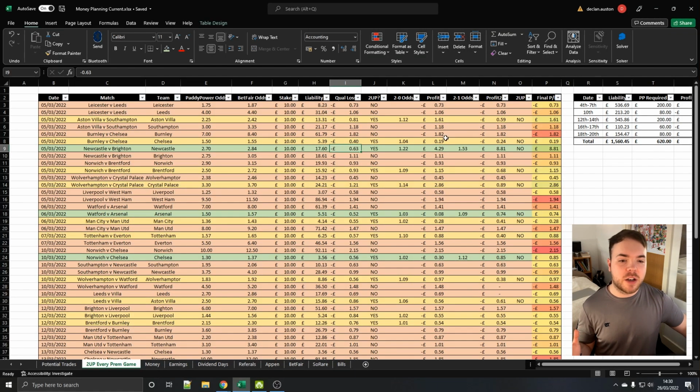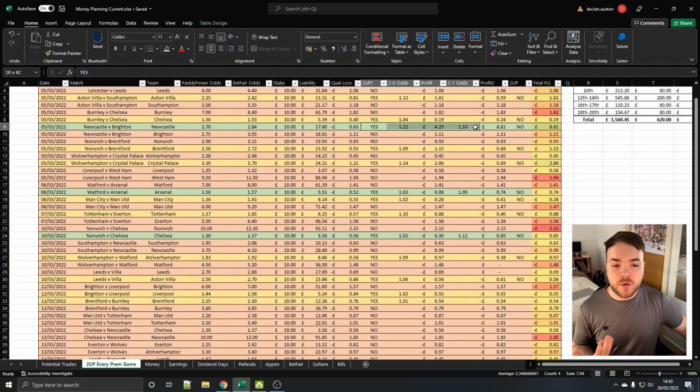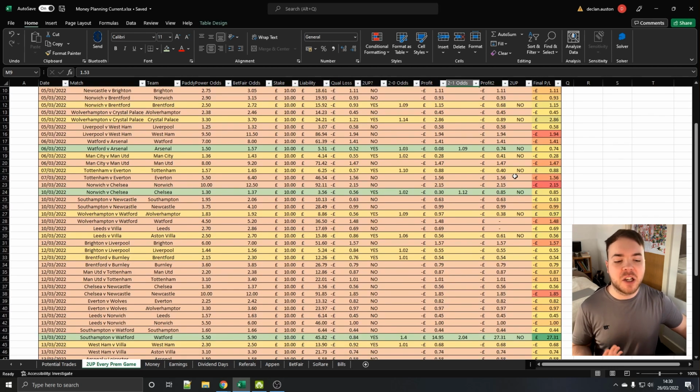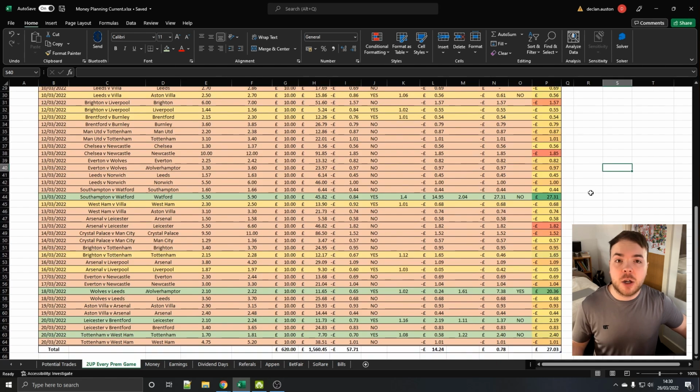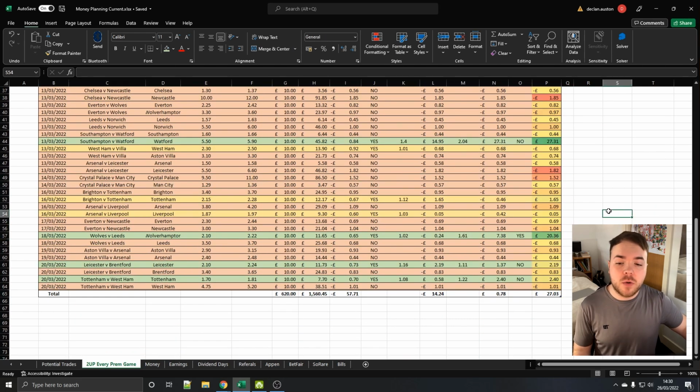But if we just take a look at it here, you can already see we've got in yellow where a team went 2 up, in green where a team went 2 up and then conceded again after that, so the odds got a little bit better for us. And then obviously green as well is in for actual 2 ups. We only had 1 2 up throughout the whole thing, but if we were to have placed a 2 up on every single Premier League game in the month of March,